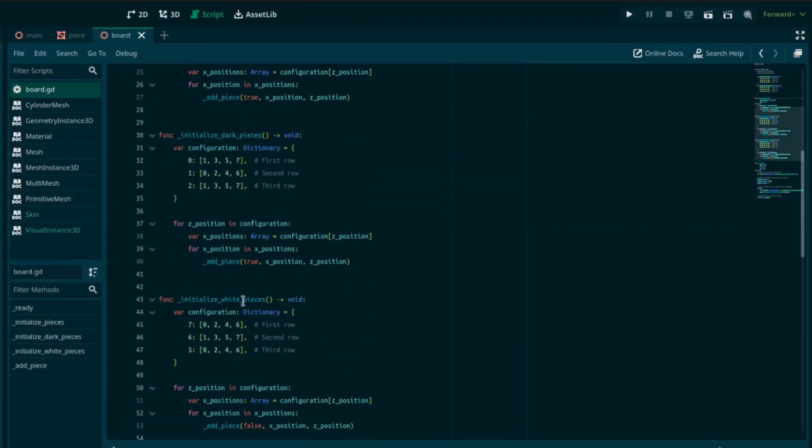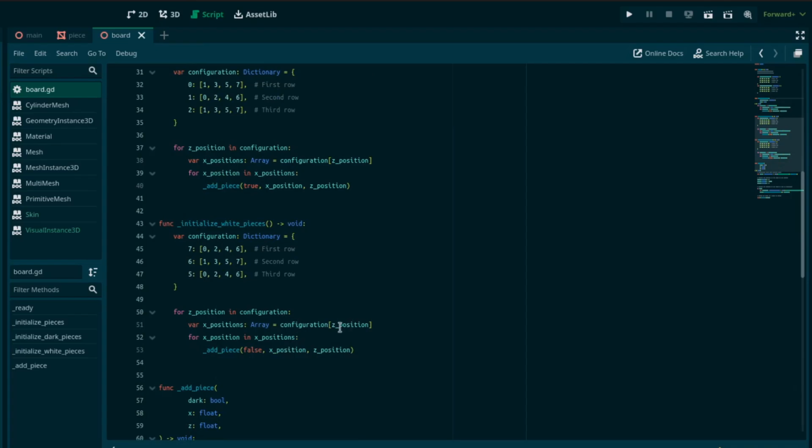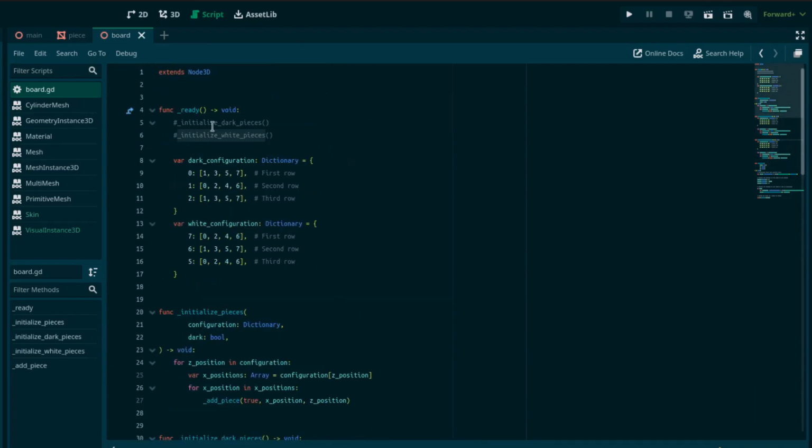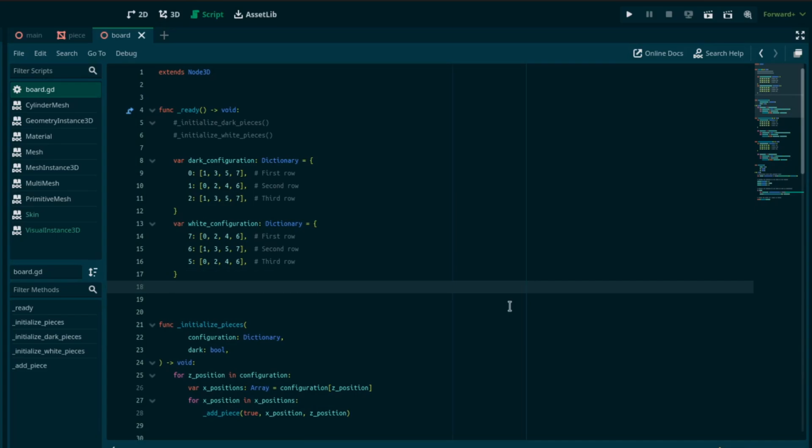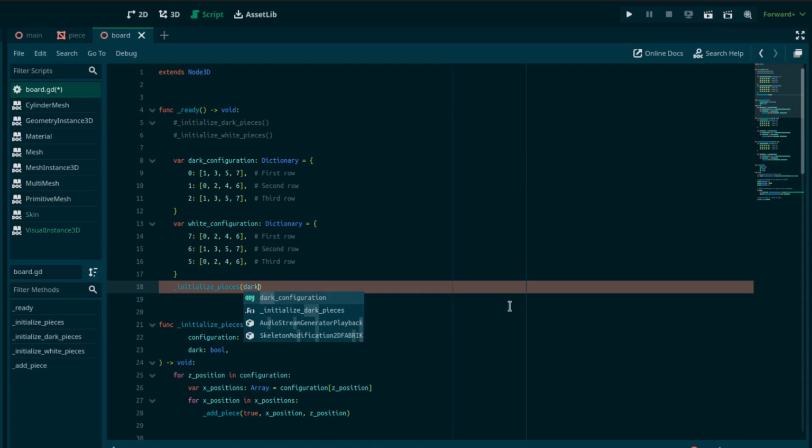All right. And these things, they exist in code, but they're never called. They're not being used anywhere. It's commented out. And these are completely useless as well. They've been defined, but nothing's using them. So what we're going to do now is we're going to go and initialize the pieces using this function. So let's go initialize pieces, and then here we're going to pass in first dark configuration,